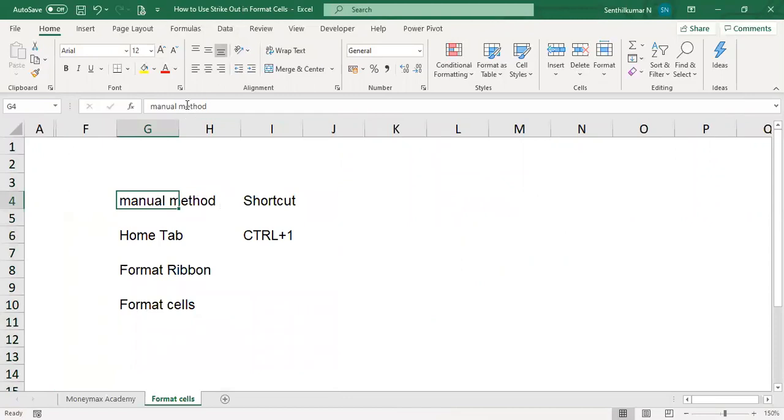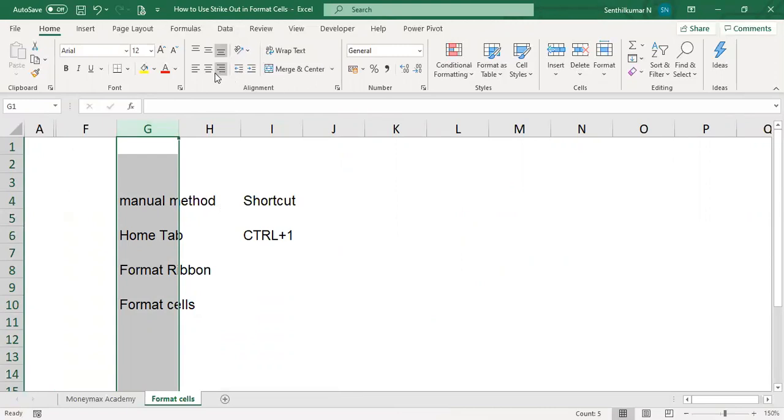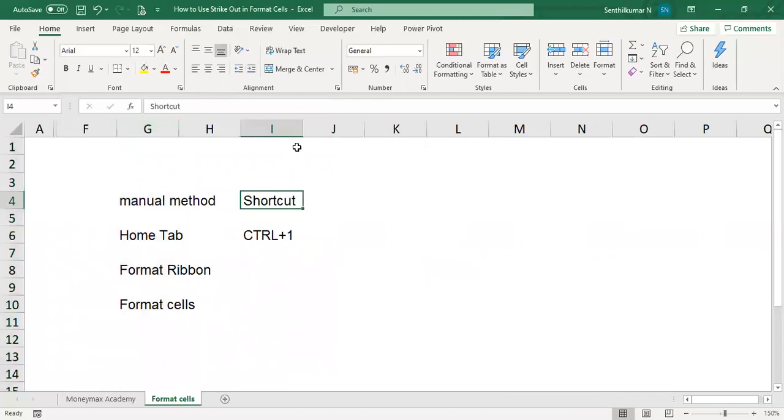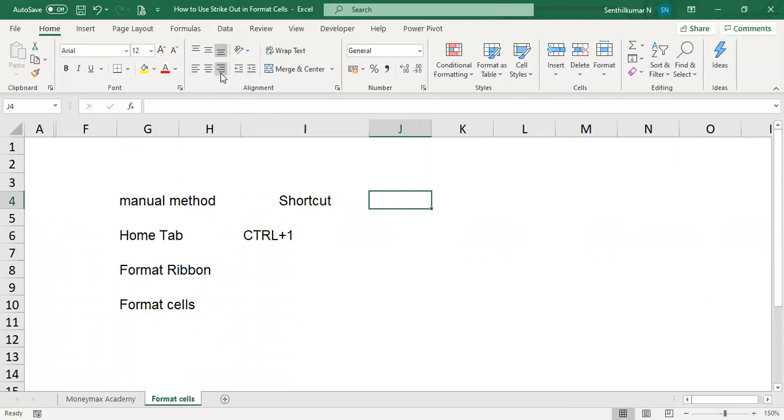This is the data available. You want to align the data. You can go there, or you want left alignment, right alignment. This is the actual data, it is already left aligned. You can align to the right side, center alignment, and right alignment. Everything you can do. This alignment option is directly available in the ribbon itself.